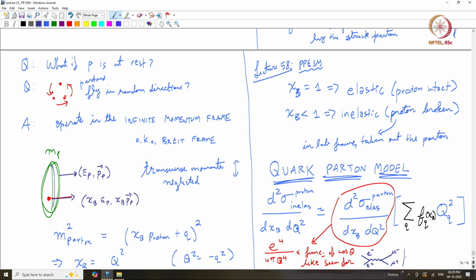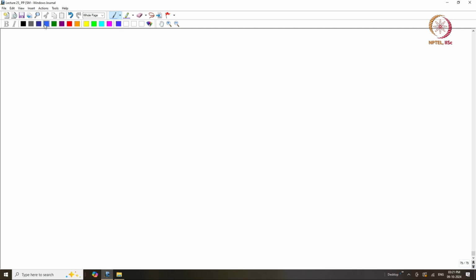But now we have to think of the process like this, actually it is a t channel now. You flip the diagram around. So, that is why you have an e to the power 4, I have now q to the power 4 in the denominator and all that, and there are some cos theta dependencies. So, that is what this part is, but the real juice of deep inelastic scattering is in that f of q, because that f,